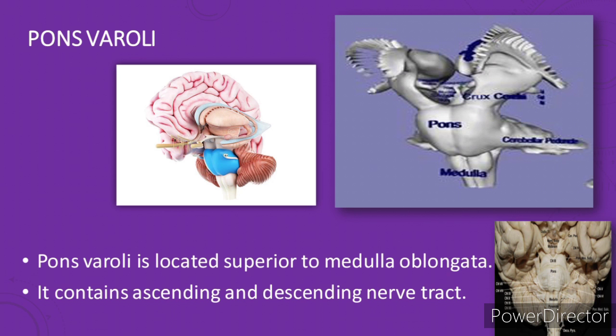Coming to the pons varolii. Pons varolii is the second part of the hindbrain. Now look at the picture here, children. The bluish part is called pons varolii, present just behind the midbrain. So the forebrain consists of the biggest portion, cerebrum, and it encloses olfactory lobes and diencephalon. And just down to the diencephalon you can find the midbrain, and just down to the midbrain you can find this bluish part called pons varolii. It is located superior to the medulla oblongata. It contains ascending and descending nerve tracts.